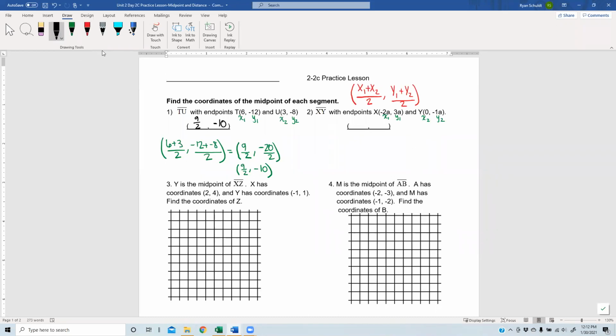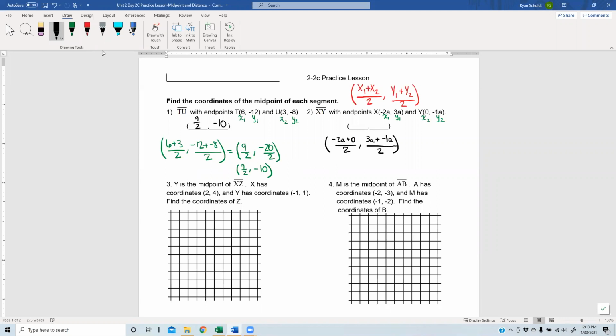Then we can plug into our formula. Even though there's a's, that's okay. -2a plus 0 divided by 2. That's our x. For y, we're going to have 3a plus -1a